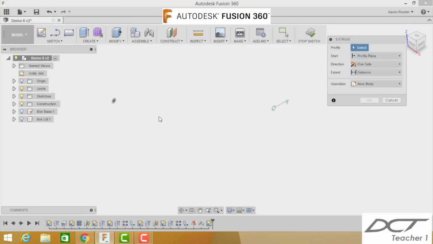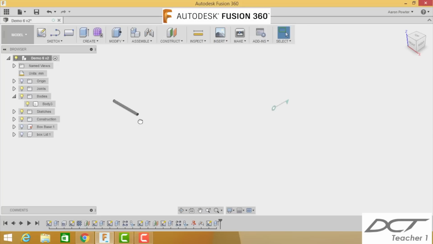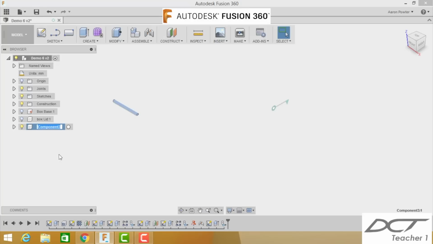We're going to extrude that pin now. We can bring him out 25 millimeters, tab enter. Okay, here it is here. Let's convert this into a body, create a body. There it is there. Change the name of that to box pin,